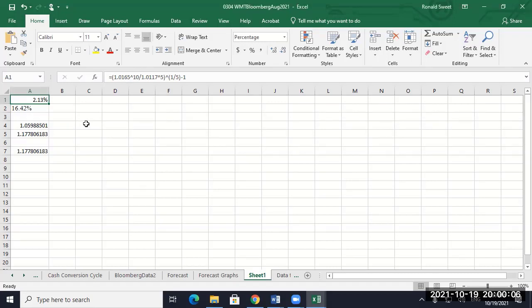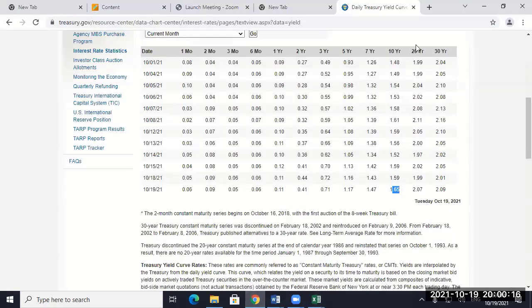Now, the problem is this is the forward 5-year curve, and we want the forward 10-year. There are a couple of ways you could do that. There is no 15-year Treasury here, but you could go find your own. There are websites. All you have to do is find a Treasury that matures in about 15 years and get its current yield, and you just use that. The Wall Street Journal and other newspapers used to list every Treasury that existed in the newspaper. It's pretty amazing. That's how we used to get the number.